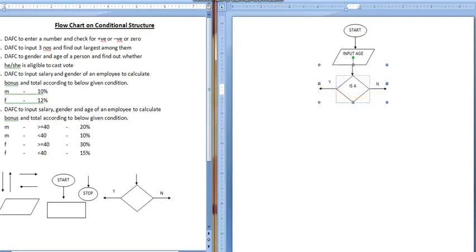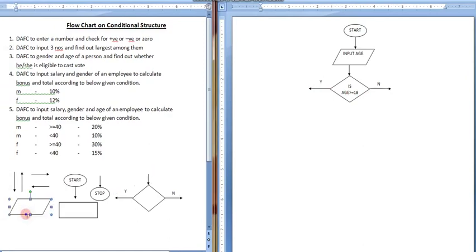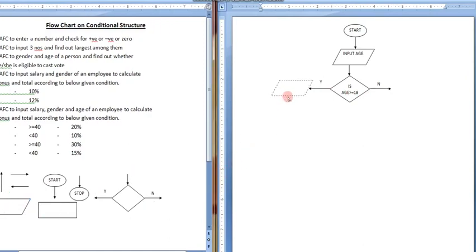It means, the age you input, is it more than or equal to 18? If it is yes, then the person is eligible to cast a vote, which we need to specify here. If it is no, then the person is not eligible to cast a vote, which we need to write here. Fine. Hope you understood this concept.